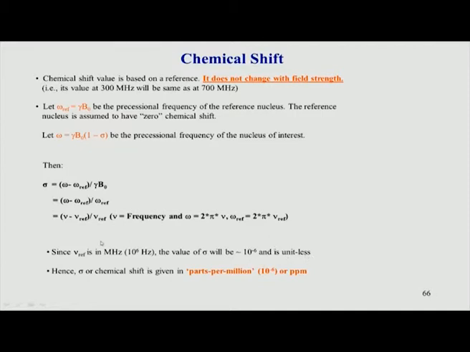This is very important because, if you see from this formula, I am subtracting two frequencies, therefore this unit is also in frequency units, and I am dividing by another frequency. So, when you divide two quantities which have the same units, you get a parameter which is unitless. So, this shielding factor is in parts per million, we use the word because it is in the factor of 10 to the power minus 6.